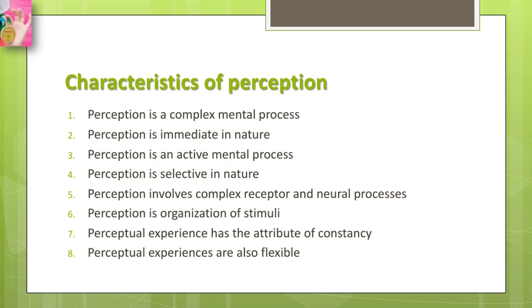After some time he leaves the office and goes. On returning home after office hours, he reports to his family about the friend he has met in the office. Now, while informing his family members about the person, he may have an image of the person in his mind, but this will not be called perception because at the moment the person is not immediately present before him. Then the third point is that perception is an active mental process.